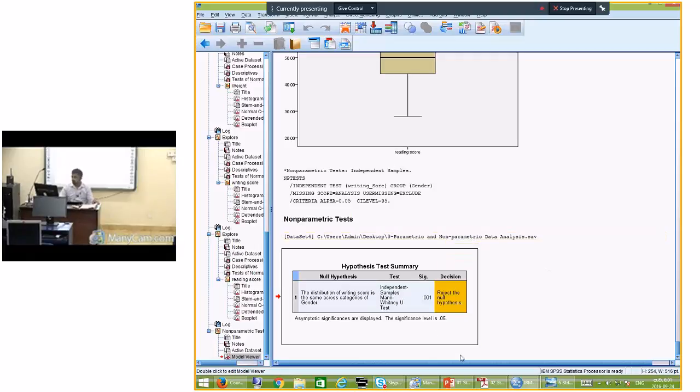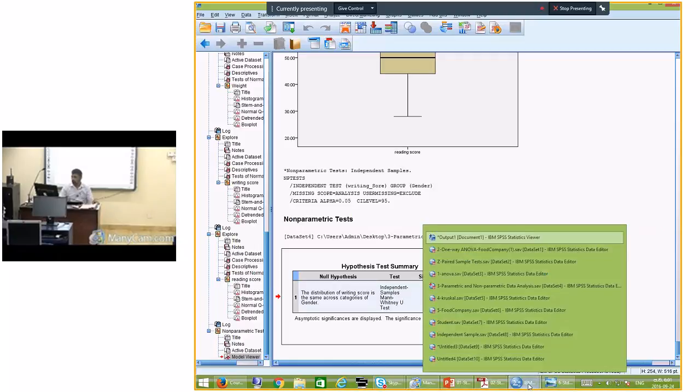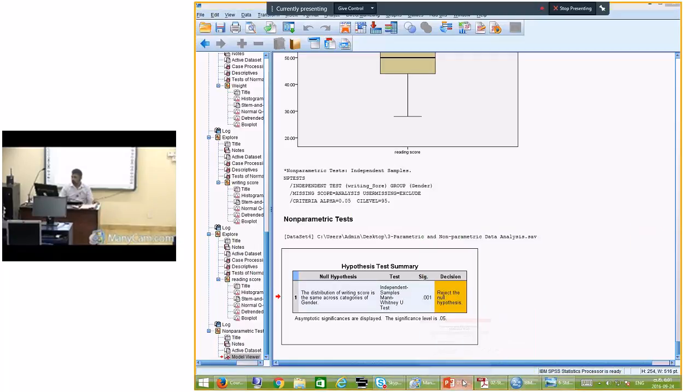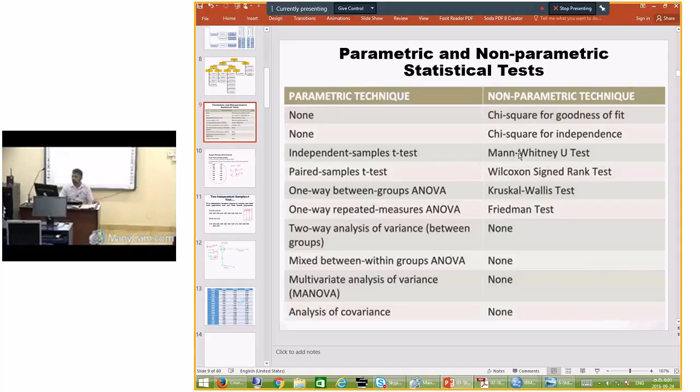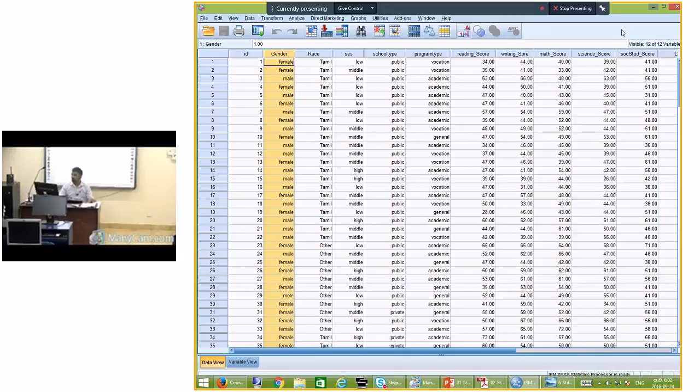Right. Then if we move to the next non-parametric test, we have the Mann-Whitney U test. If we have a paired sample t-test, again we can use the Wilcoxon signed-rank test. For one-way ANOVA, we have a separate database. There are 4 categories now, so we can use the Kruskal-Wallis test. You can perform it. Please practice it. Now you know the way of